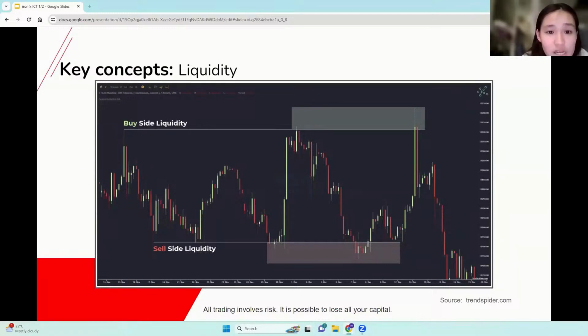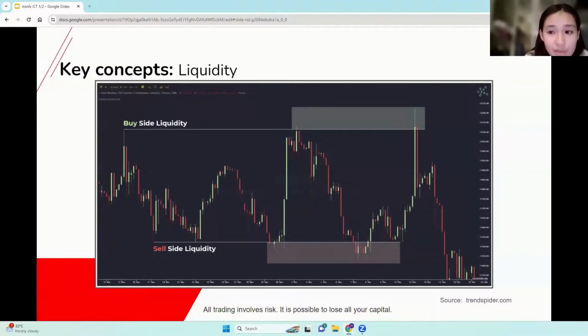So here's an example. Smart money players understand the nature of this concept and commonly will accumulate or distribute positions near levels where many stops reside. You can see here, our sell side is on the bottom where the swing lows are. Buy side is where the swing highs are. So basically, it's where your resistance and your support levels are. It is in part the sheer amount of stops at key levels, like those that I've just identified on this chart, that allow a larger player to fully realize their position.